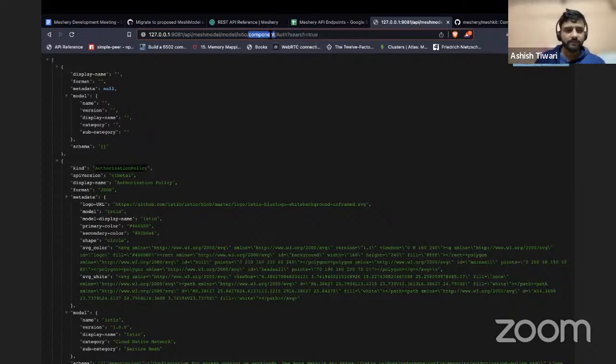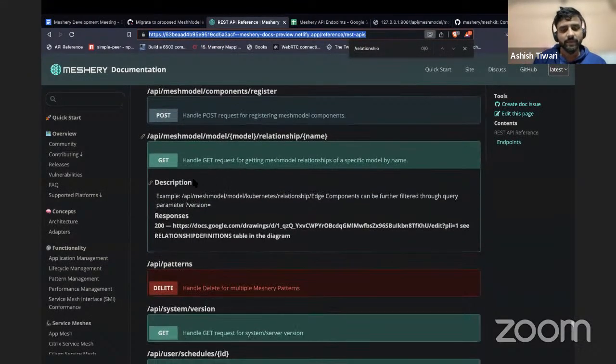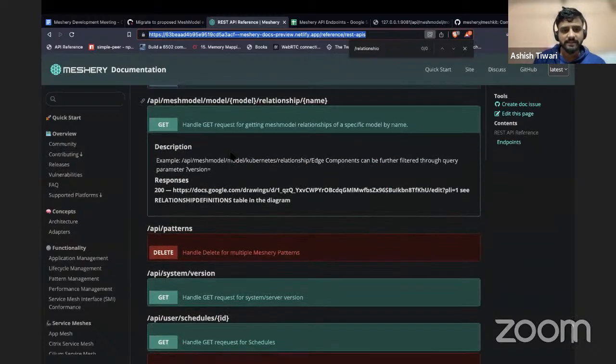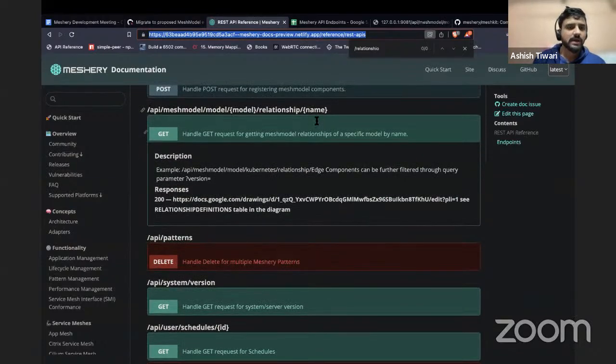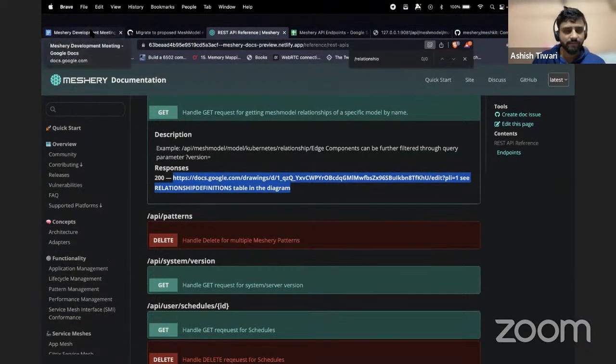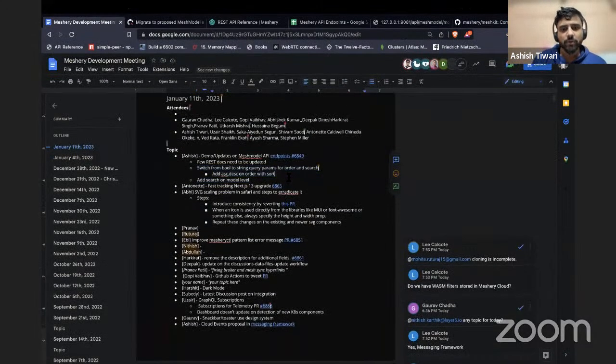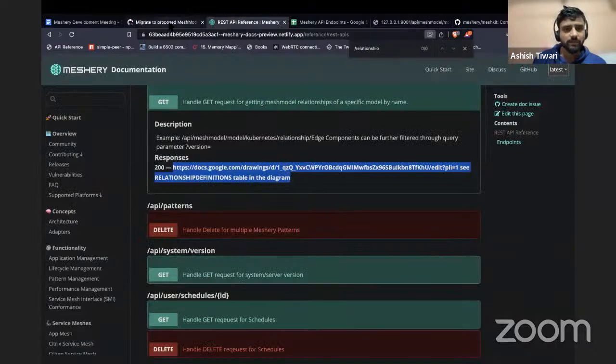So I won't go over each of the things. The exact description needs to be updated over here, as Mario pointed out, in the Swagger docs. And a few things are missing because of the Meshkit thing, so these things need to be updated. I'll update it just after this call. So the Swagger docs, and the other thing is, yeah, in order to be consistent,